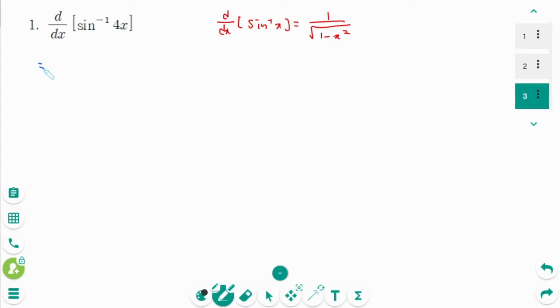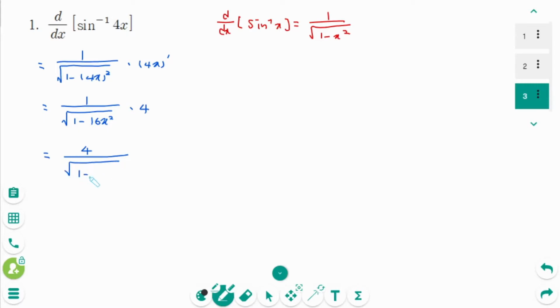Question 1 is 1 over square root of 1 minus 4x squared times 4x prime, equals 1 over square root of 1 minus 16x squared times 4. Final answer is 4 over square root of 1 minus 16x squared. Or